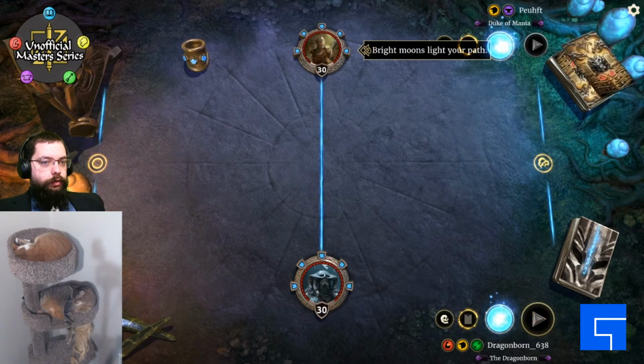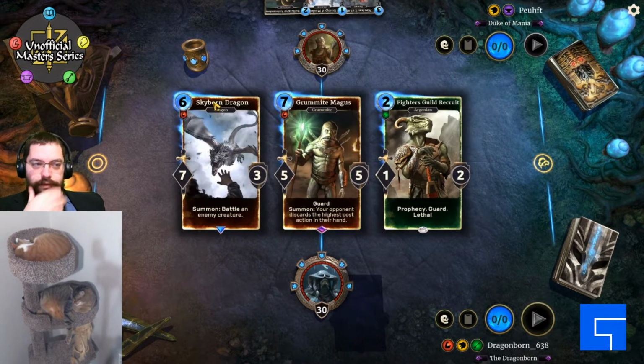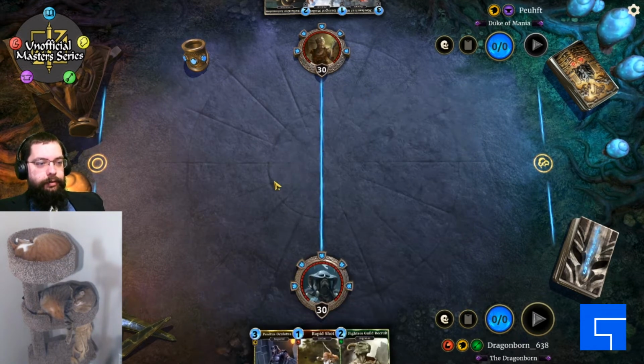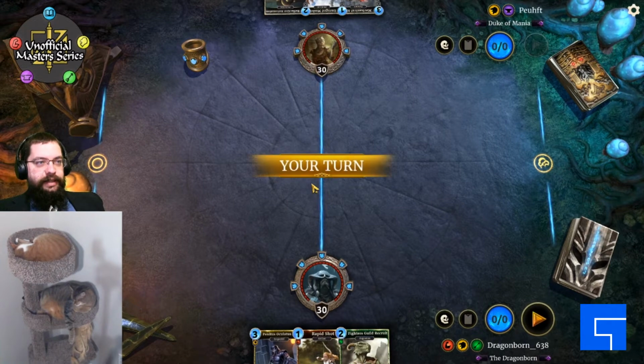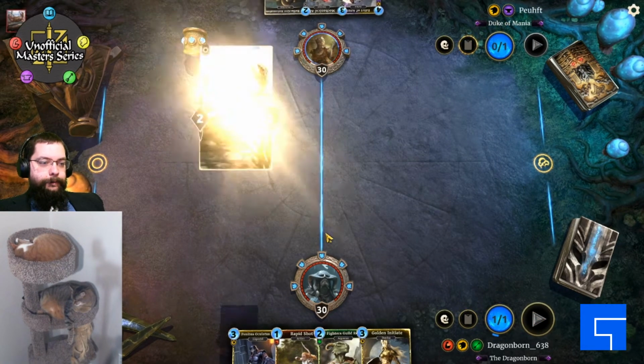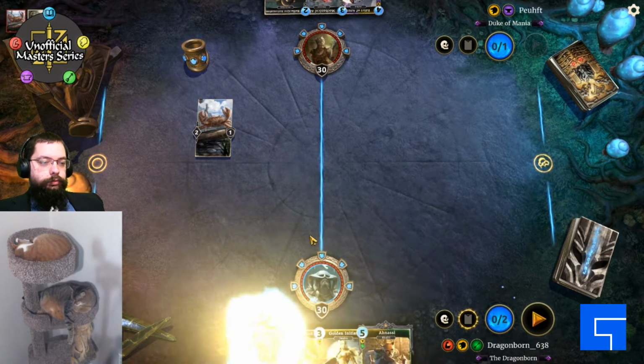Bright moons light your path. Alright, they give the customary greetings back and forth. Fighters Guild, not bad. Penitus, not really useful, but there are some guards. If I fall,